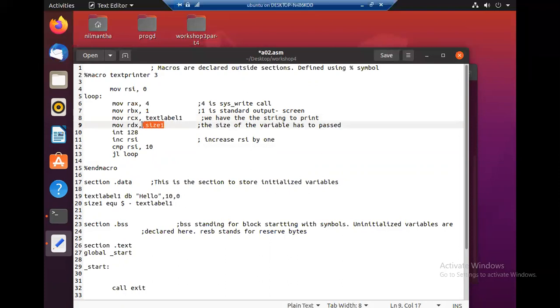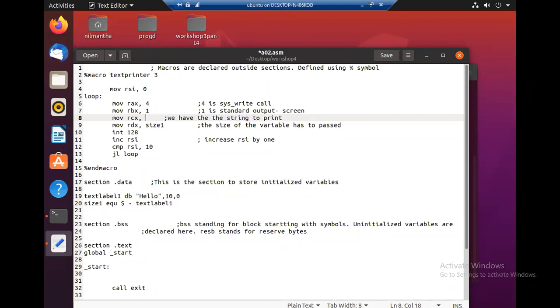Instead of size, the user must give it. For the places where we have arguments, whatever string is passed must be printed, so it will be passed as an argument.